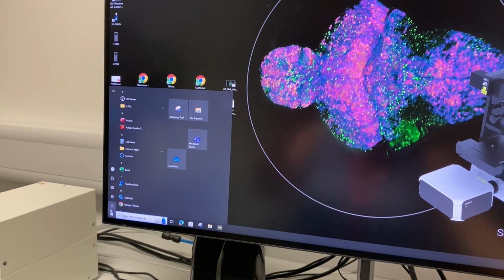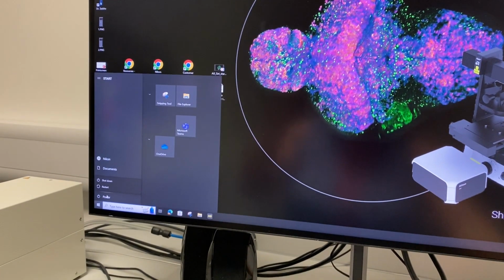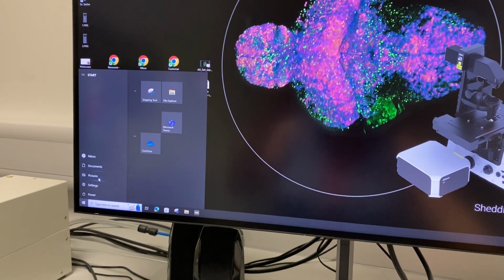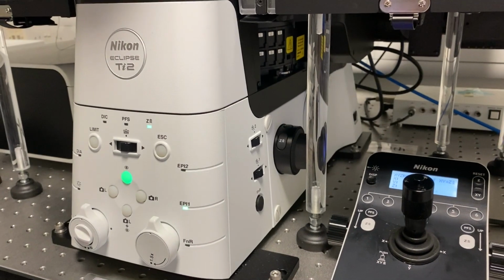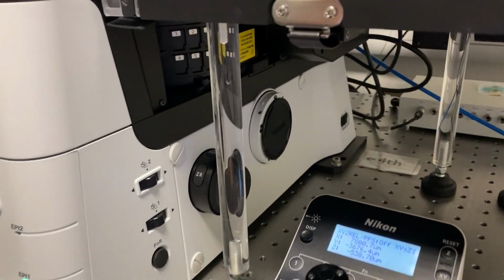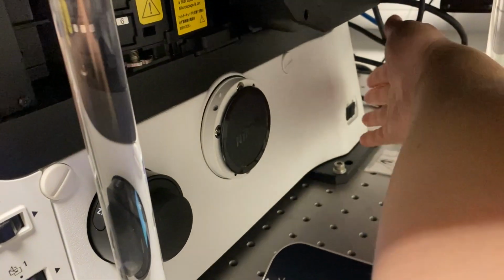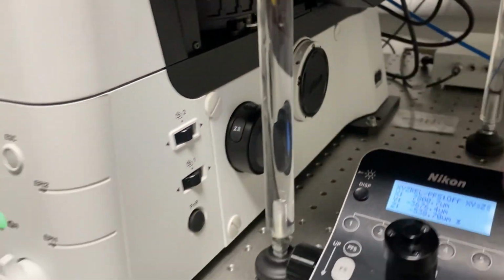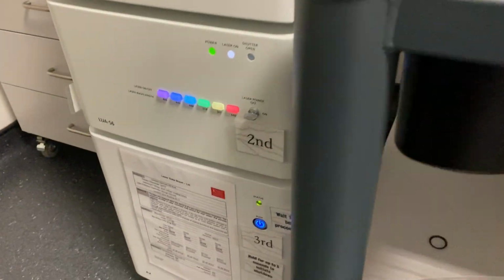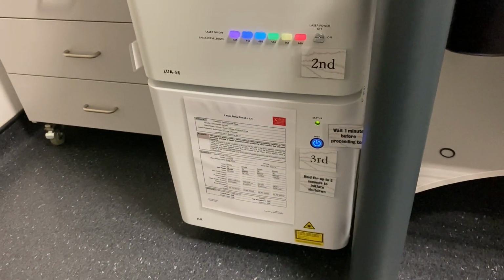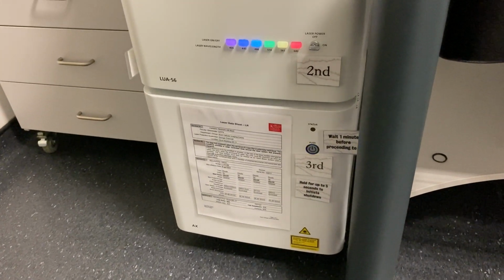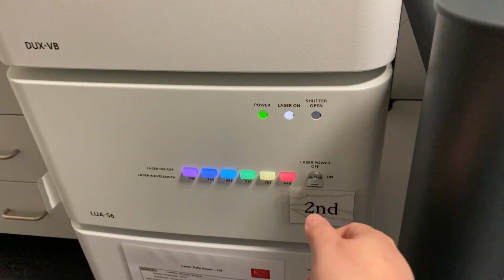So start, shut down, and then switch everything off in reverse order, so the 4th one first. Three, 2,